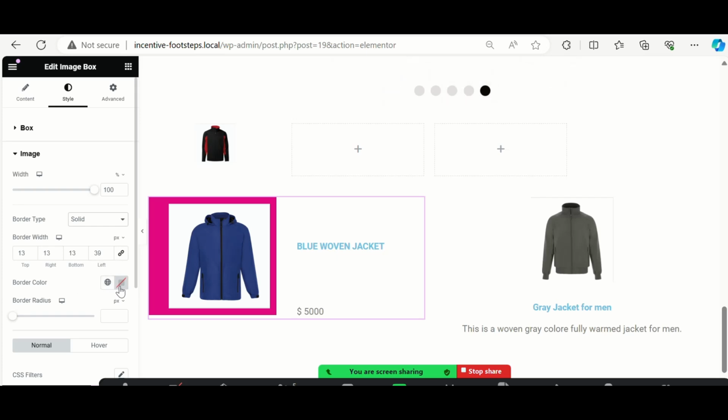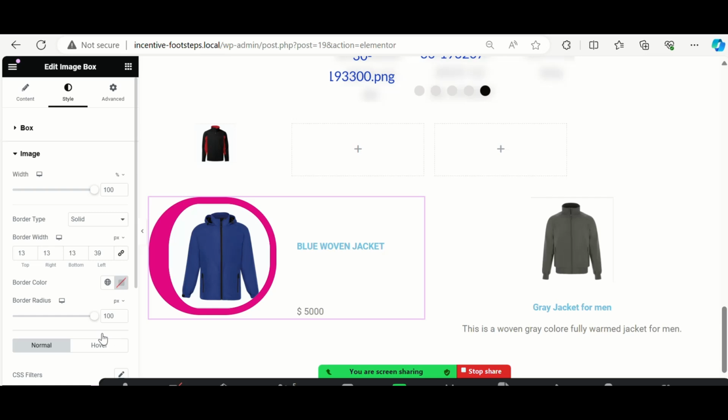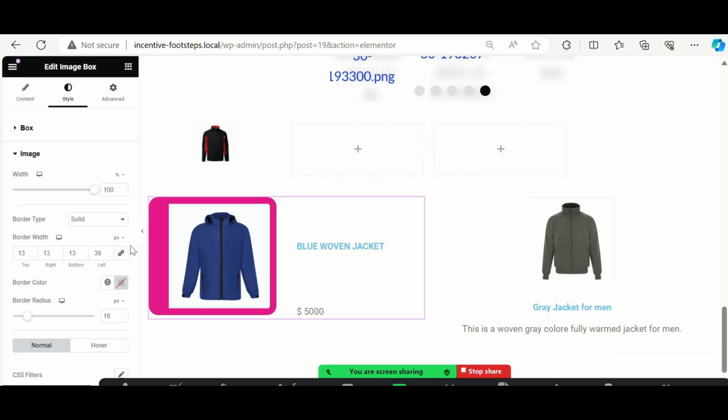After that, you can change the border color. You can make it round like this. I have already told you. Can you see that? You can make it completely round, or it's up to you. It trims your edges and makes it properly round. After that,